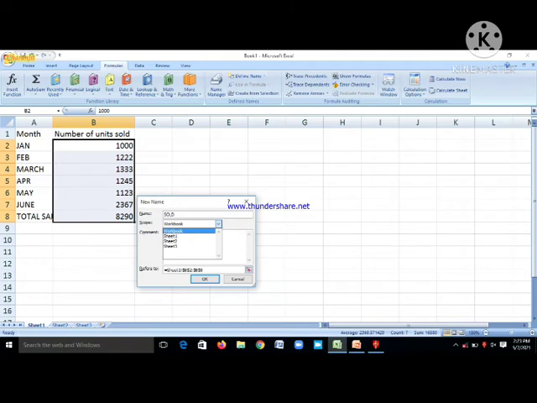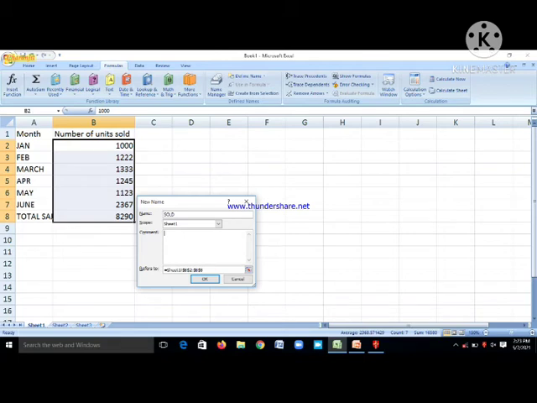From this drop down menu we can add the scope of the name. It means from where it is available. I can use it only in Sheet1, and in the comment section we can add some text if we want.